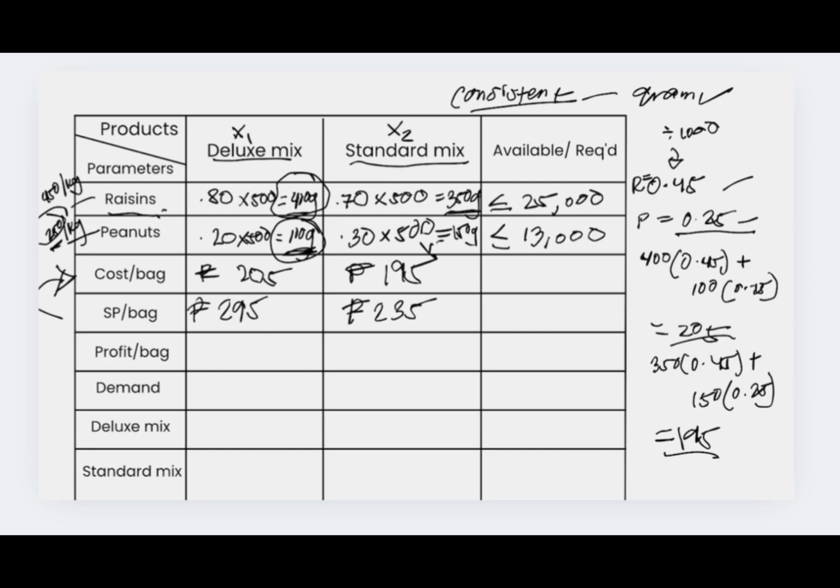And for the profit, we subtract: 295 minus 205, and 235 minus 195. For the deluxe mix, 295 minus 205 is 90, and for the standard mix, 235 minus 195 gives us 40. Okay, now let's move on to